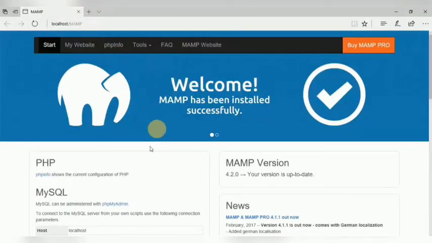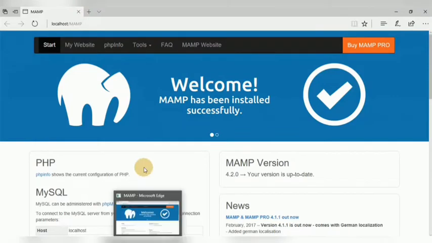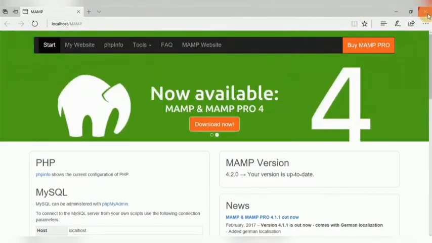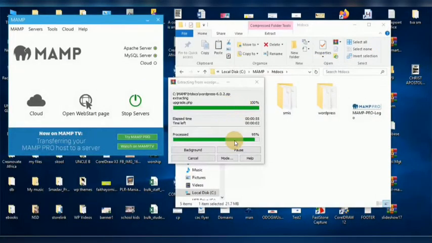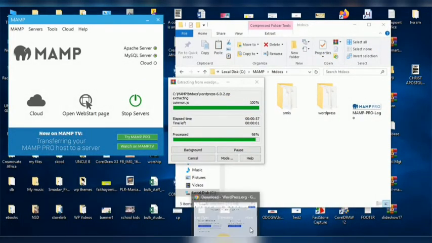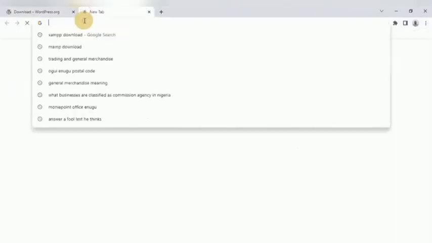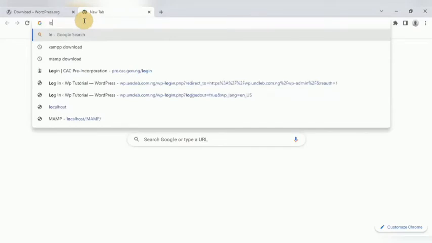It will take you to your default browser, but for any reason, let's assume you don't want to use this default browser, because this is going to use the Internet Explorer that came with my system. If I don't want to use that, all you need to do is close this browser and open pretty much any browser. I was using Chrome earlier, so I can open a new tab here and just type localhost